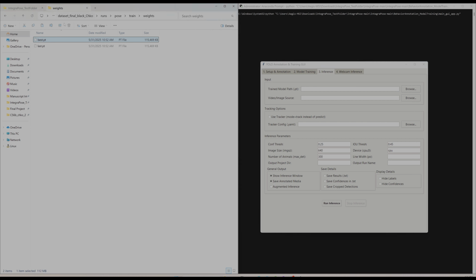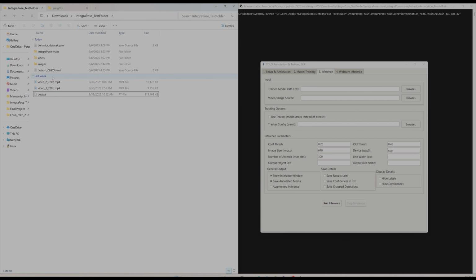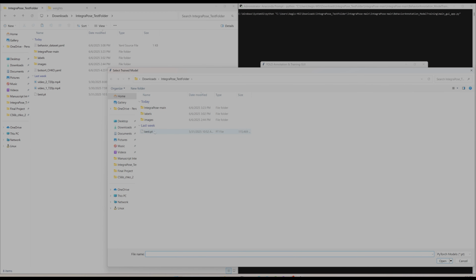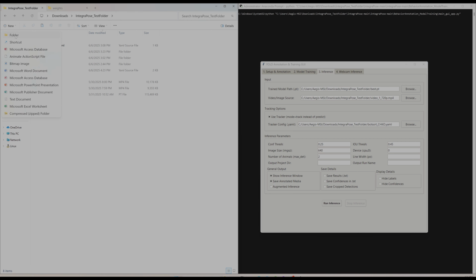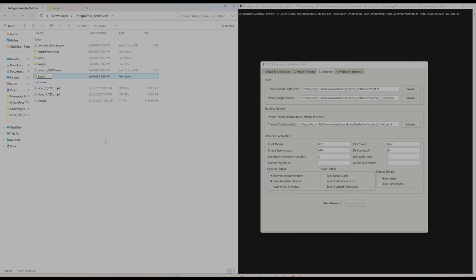Here I have moved my weights from my training folder into this working directory so that I have access to everything in one single directory. I'm going to be using a tracker here. This one I need to change to GPU. This one is maximum animals. There are only 2 animals in this folder, and I will create a new folder to save tracks,